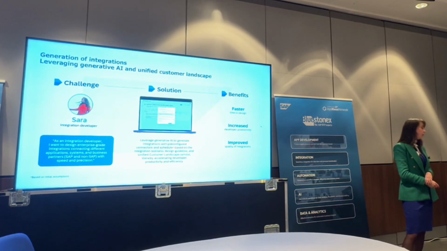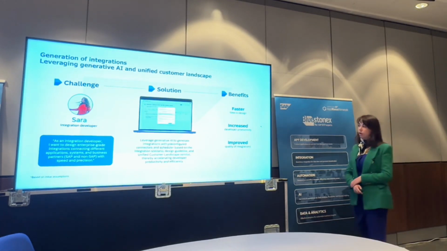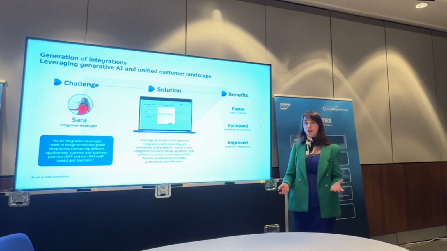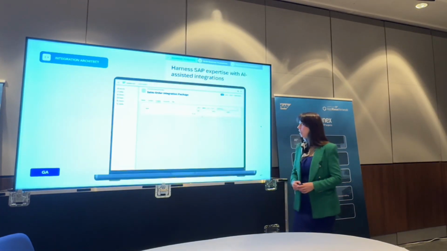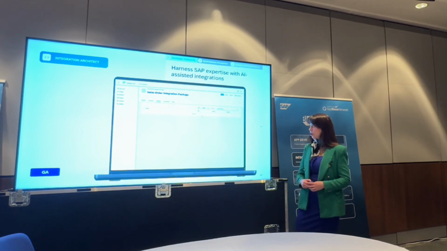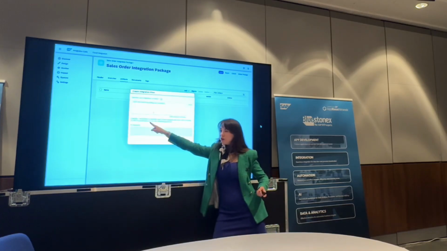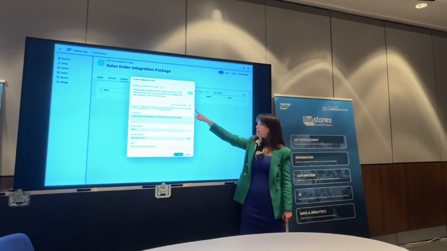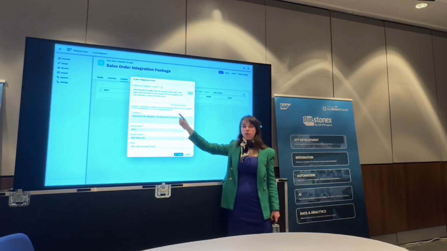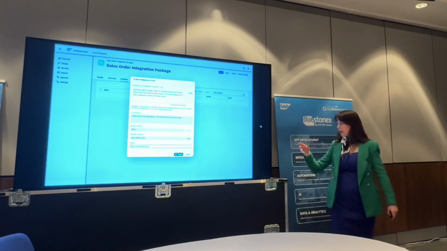Another one is that we have, again, somebody who's building integrations, but this time they're actually using generative AI capabilities to build an iFlow. So for example, here, if we are in the SAP Integration Suite, we can create an integration, and it's really quick now. You can see here, we chose the AI integrations. We're putting a prompt in natural language. We send it off. The AI recognizes, okay, I need a couple more pieces of information in terms of receiver systems, sender systems, and what the name should be. And then we hit